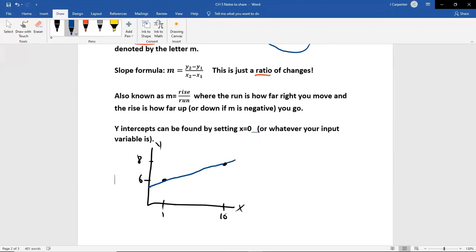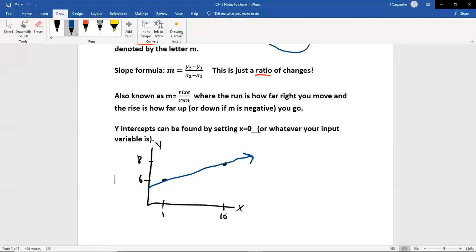I can't talk and do that at the same time, clearly. If we're doing an application, this is usually how we make our lines. Because in applications, it quite often doesn't make sense to go into negative x values. Like we can't talk a negative number of minutes. We can't drive for a negative number of hours. We can't buy a negative number of tickets. So again, in applications, this is usually how we make our lines.